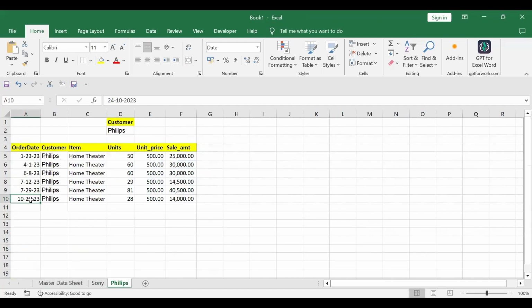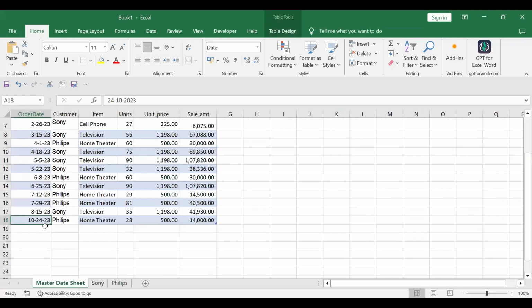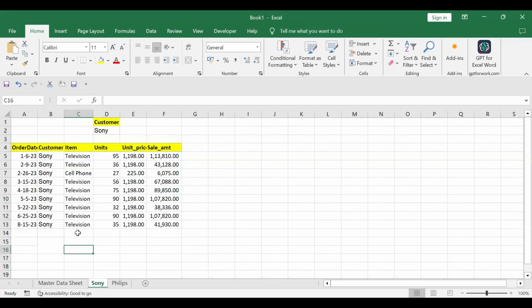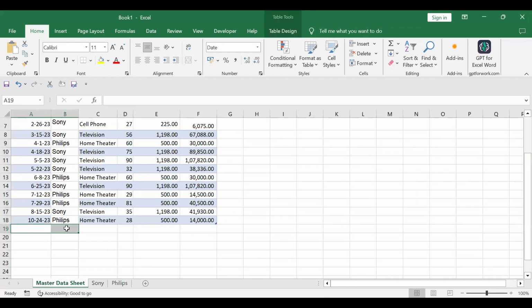So that entry is available over here. And for the Sony customer, it's 15 August 2023. So that entry is also available in this sheet, right? So now we will see whatever we are adding over here will get transferred automatically to the corresponding customer sheet. So let's say, for example, here I'm adding data for 14 December